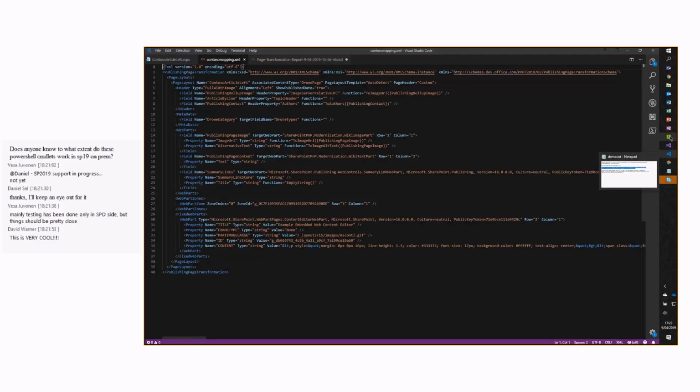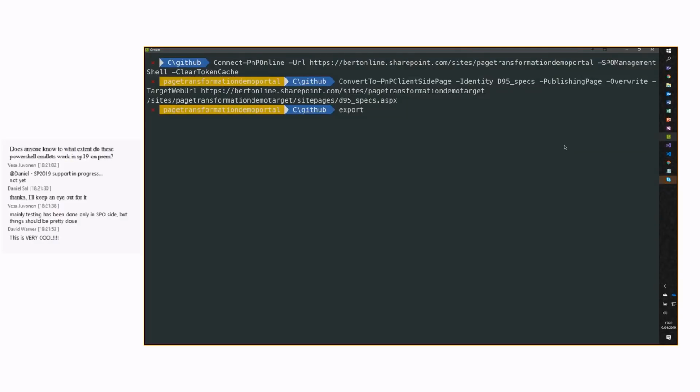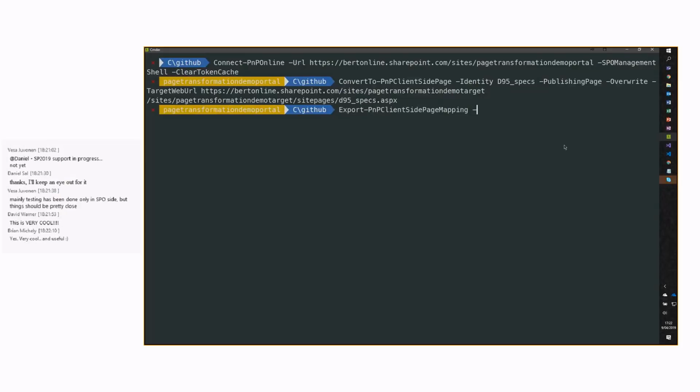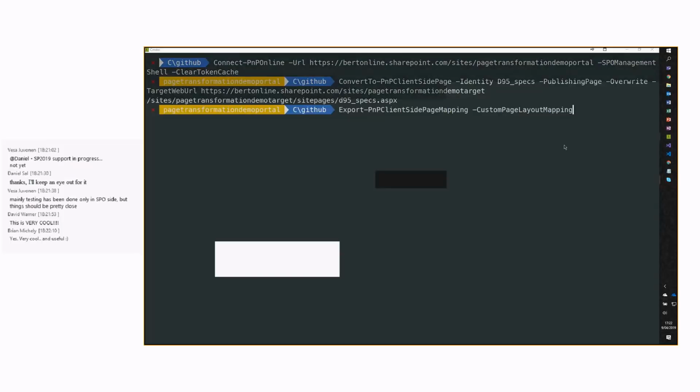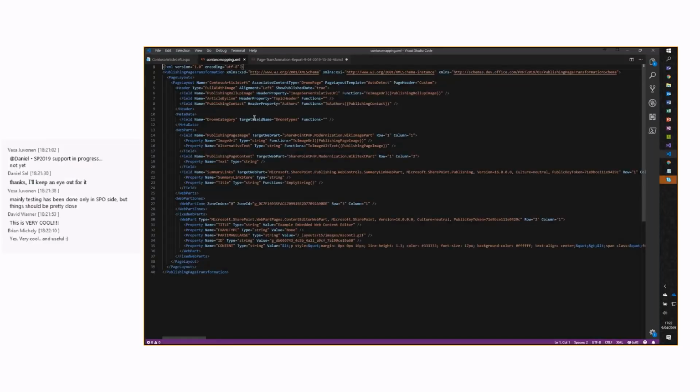So actually, there is this export-pnp client-side page mapping. You just specify built-in page layout, custom page layout mapping, hit enter, and it will analyze all the page layouts in your publishing portal and generate an XML file like this. Now, I did some cleanup in this one because I want to show you some key things here. First of all,